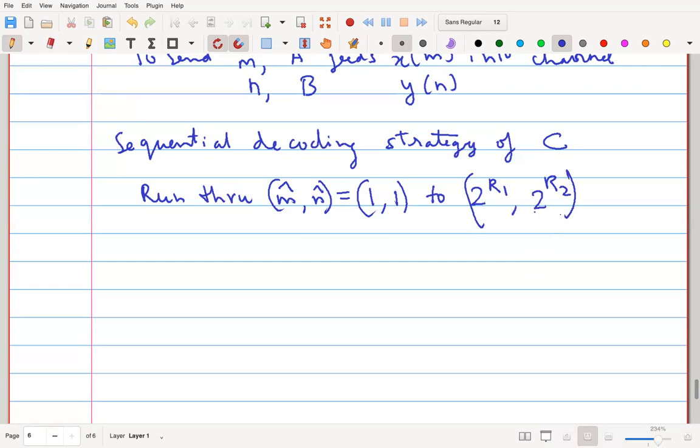What this notation is. Okay. So in some order; the order doesn't matter. You just choose the order and fix it. Let's say lexicographic. So run through all candidate message pairs. Let us say Charlie is at iteration number m hat comma n hat, whatever the current value is. Okay. So he has presumably rejected the previous candidates, and now he's at the current candidate.